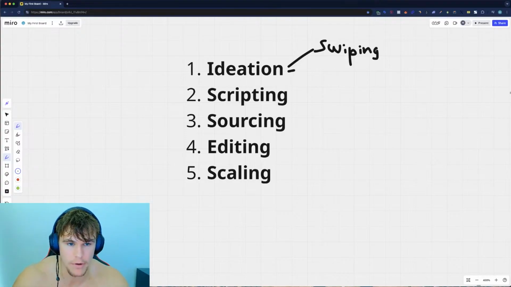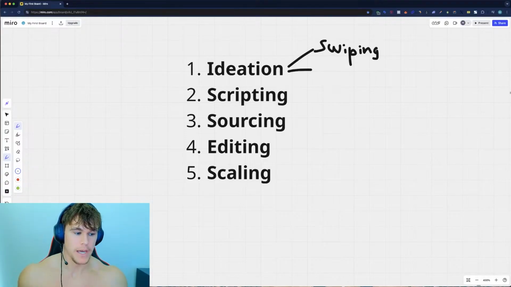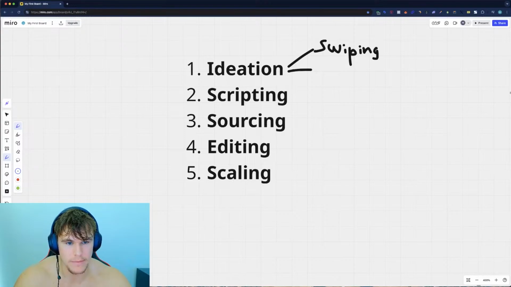Now, if you already have a brand, everything that you do should be based off data. If you don't have a brand, obviously you don't have any data. But if you do have a brand, you have a lot of data. And the more data you have, the more powerful that it is. Especially in the age of AI, man, you can leverage all that data to inform what the script is going to look like next. If you do have an existing brand, what you're going to do is you're going to analyze your top performing ads and look at the data behind them.